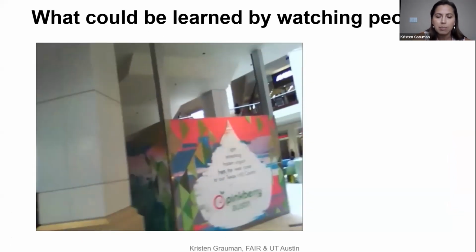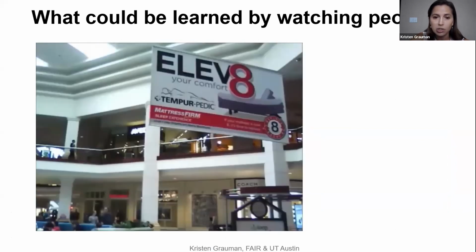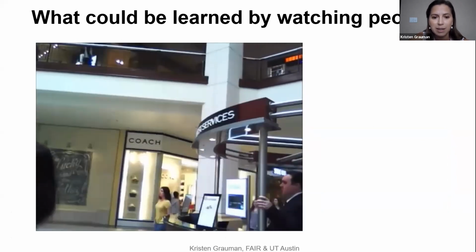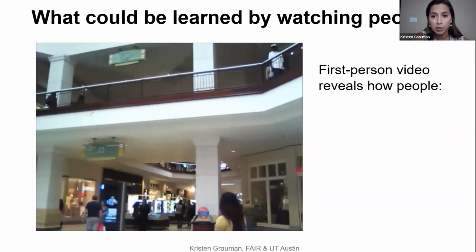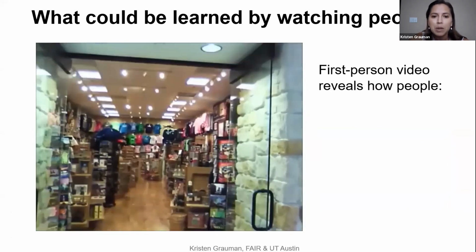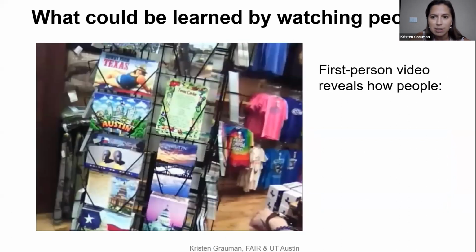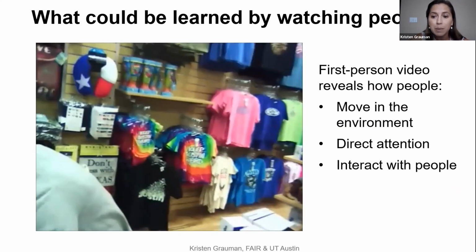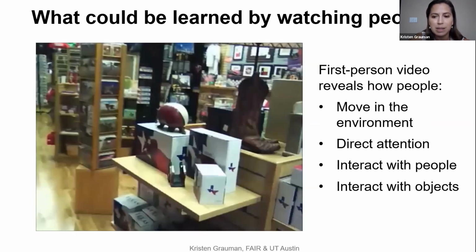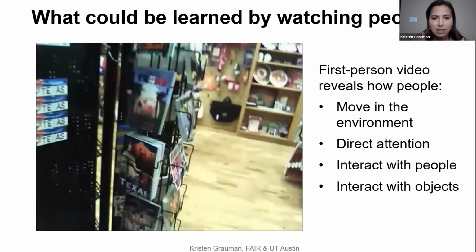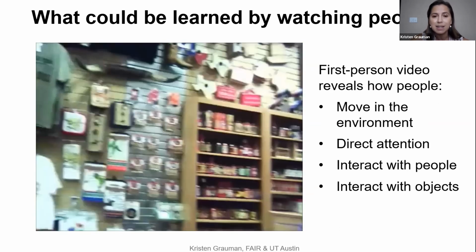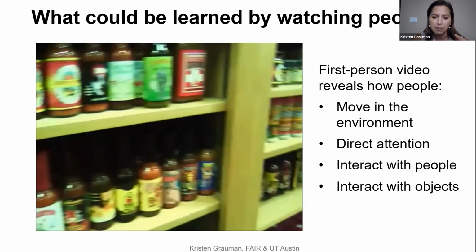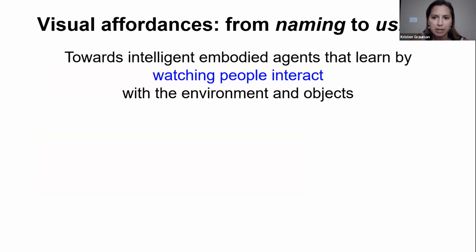So this motivates the approach that we will take in the work I'm going to show you in this talk, which is, as much as we can, learning from vicarious visual experience, particularly video, and then whenever possible, first-person video, like this wearable camera here, which is going to reveal to us how smart agents like people can do things like move in the space, direct their attention, interact with people, and most importantly, in my examples today, interact with objects. So we're looking at video as a source of expertise that's passive, that's inexpensive, and that we'd like our agents to try and start from before their own physical experience.